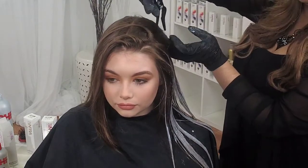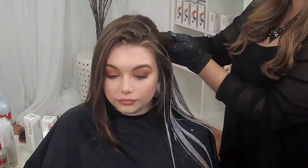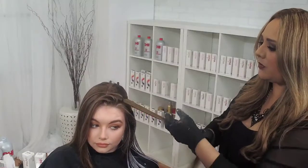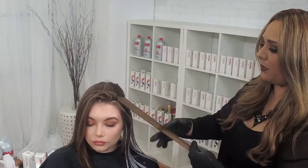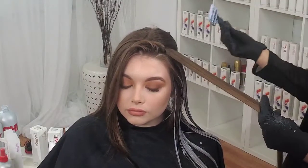And sometimes we don't take that time to really properly ask our client what her previous services have been. How many times have you done colors and lightenings and highlights, and then in between the service you see that she had pre-lightened levels, and then you go in and sometimes you over-process the hair. And that's actually why we focus, and we really are very passionate about asking multiple questions and doing that